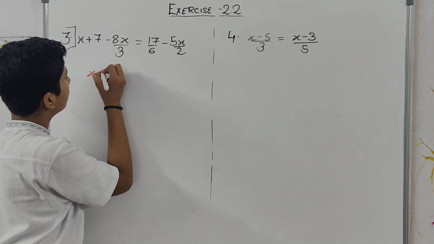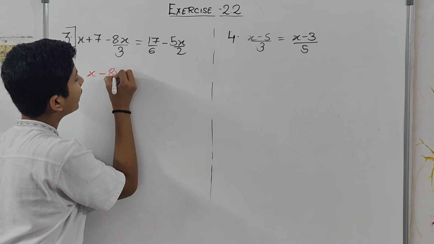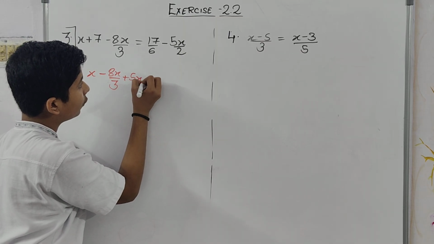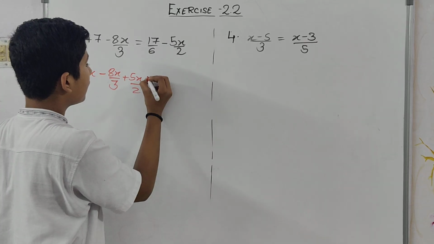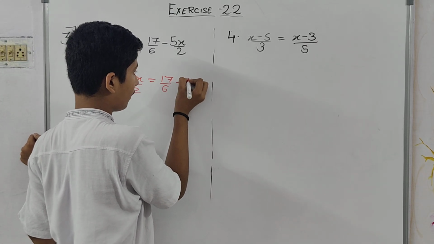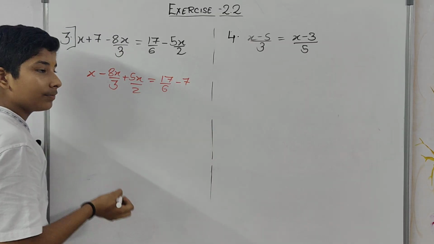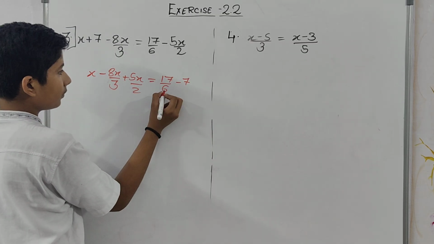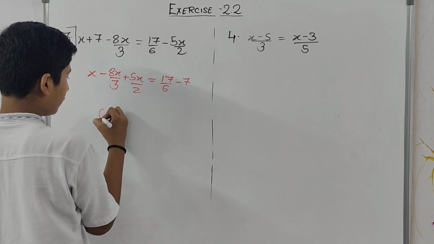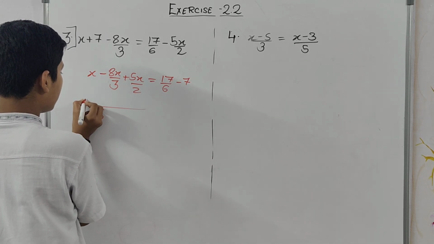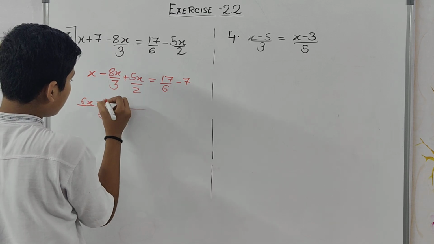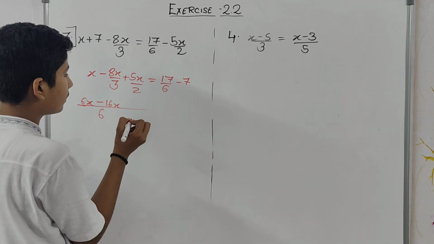So x minus 8x by 3 plus 5x by 2, we take it here, equals 17 by 6 minus 7. Now we just take LCM first, which will be 6. So 6x minus 16x